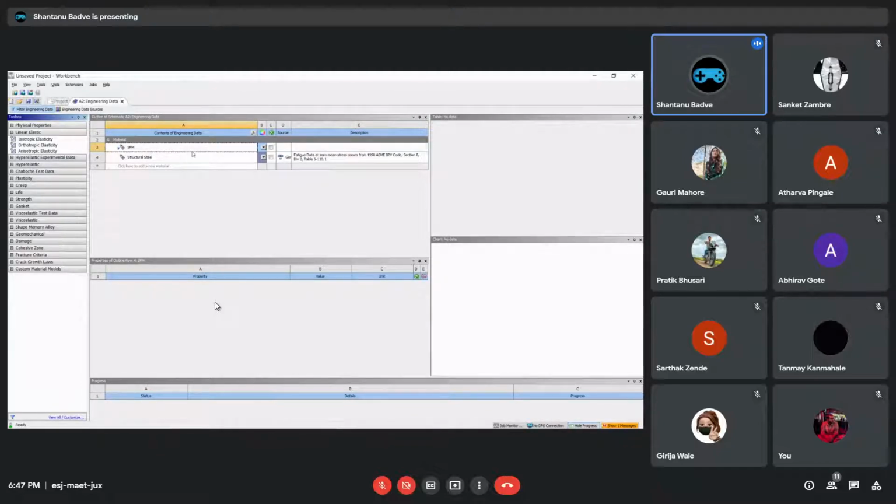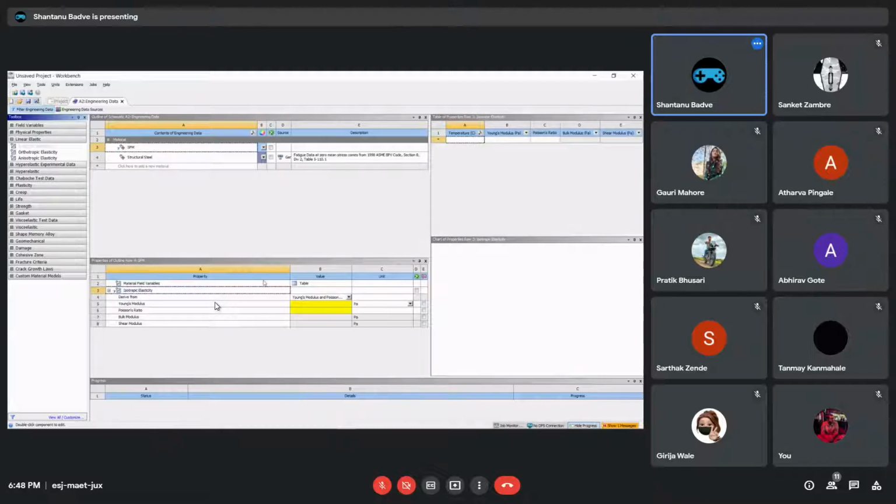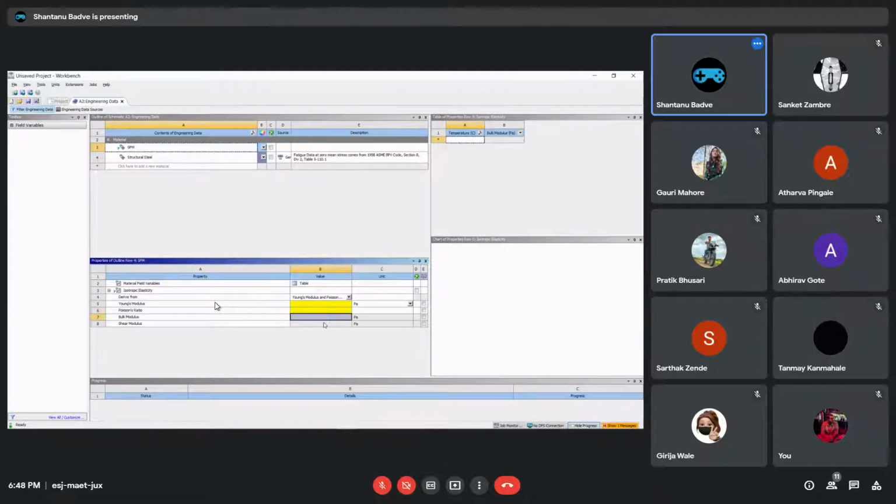So these are basically linear elastic properties. As you can see, there is a linear elastic tab over here. Inside, there are basically three different options. There is isotropic elasticity, there is orthotropic elasticity, and anisotropic elasticity. We only care about the isotropic elasticity. We'll just double click on it and we will put it in here. As soon as you do that, you will see these 8 rows created in here, and there are some blank values. You have to fill them. These yellow ones, you have to fill them yourself. These dark ones, they get calculated automatically by the software.